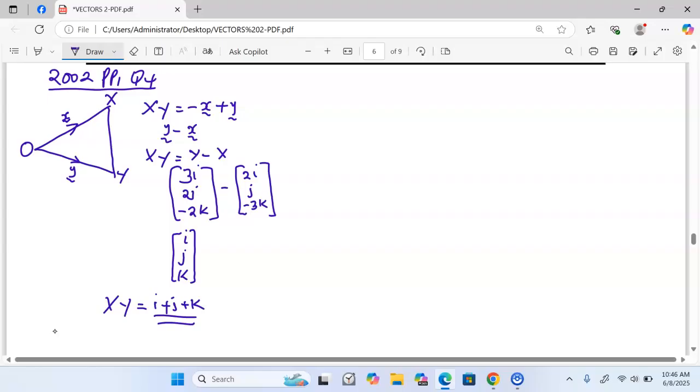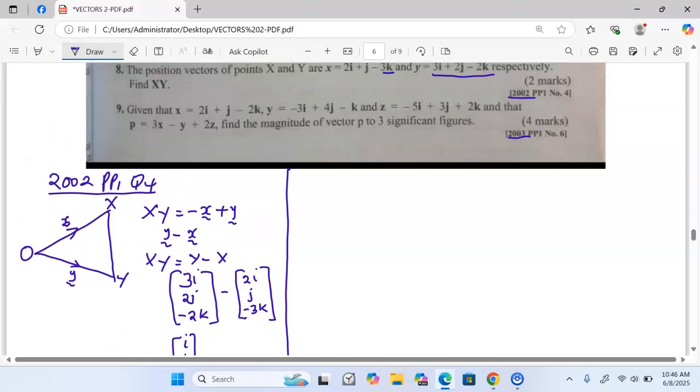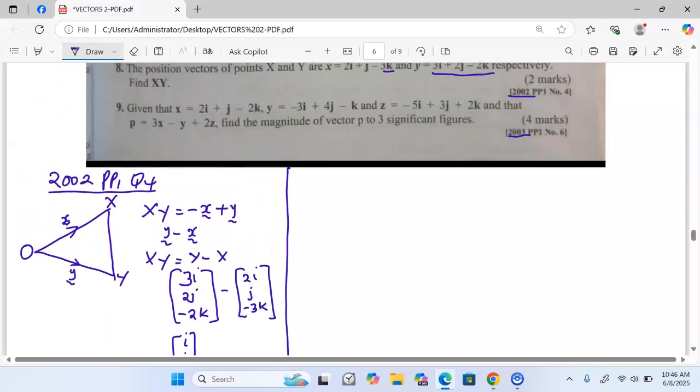We now move to the next question. This one is done, as simple as that. We can now move to the next question, and the next question says, this is a question that was done in KCSE 2003, paper 1,